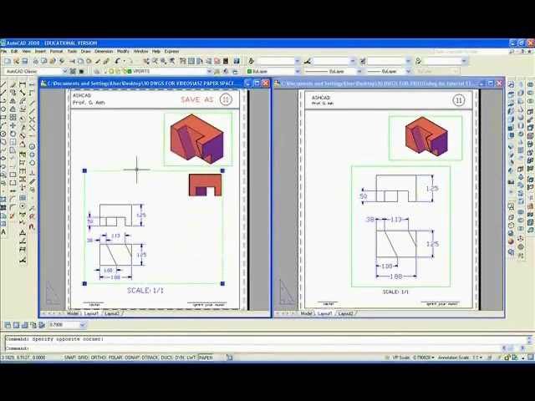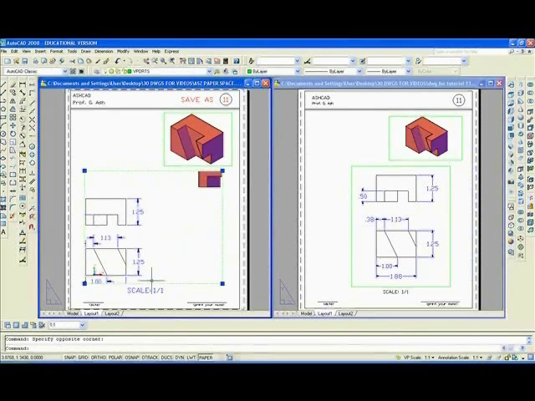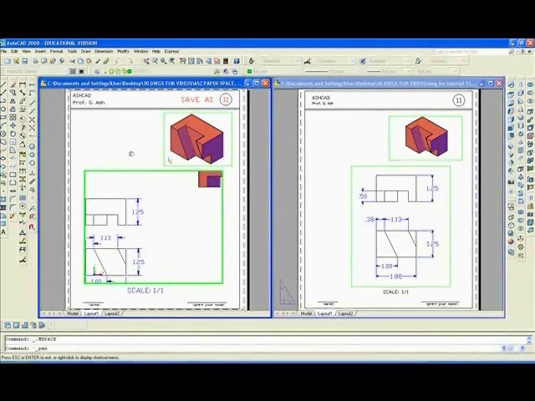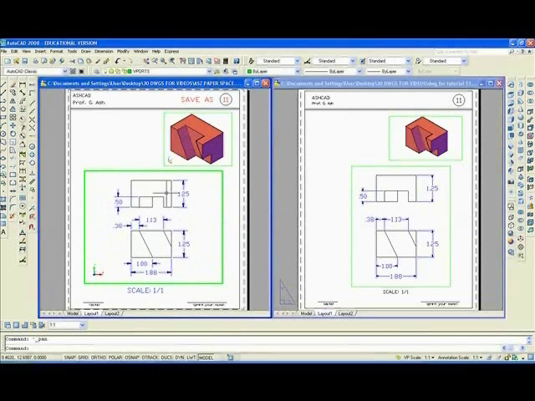Click on the larger rectangle and set an annotation scale, which should be 1:1. So it made it bigger. Now double click inside and then pan. Remember not to zoom when you're inside in paper space. That looks good. So you'll double click outside,